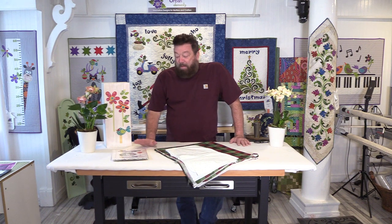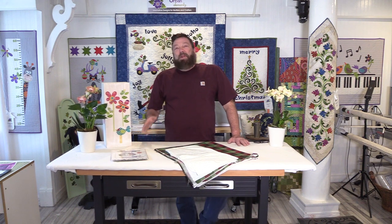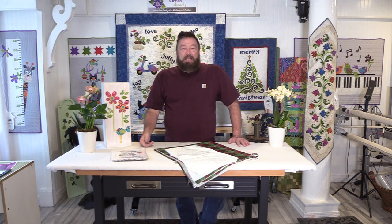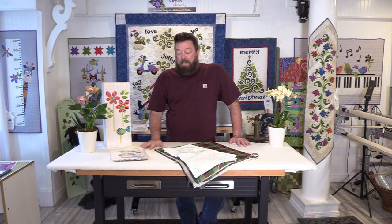The other thing that I have around me are some applique and some new fabric. I often see people online asking what their favorite part or least favorite part of quilting is. A lot of times the least favorite part is binding, let's face it. It's like something only a mother could love, whoever invented binding. We all love the way it looks when it's done well, but doing it well is